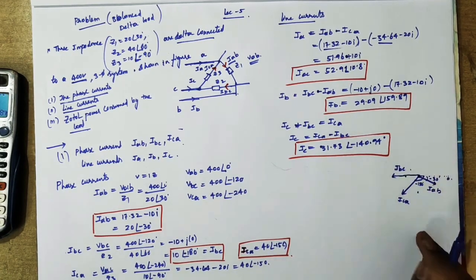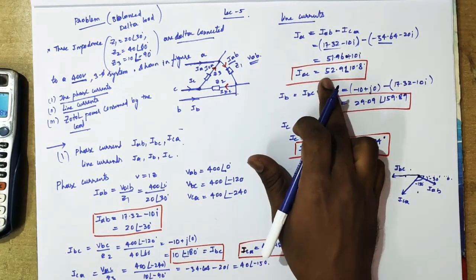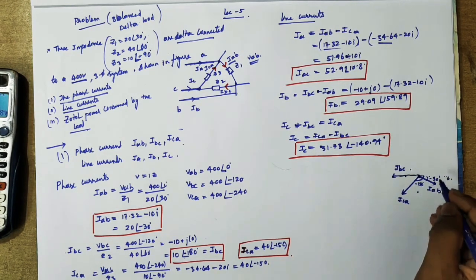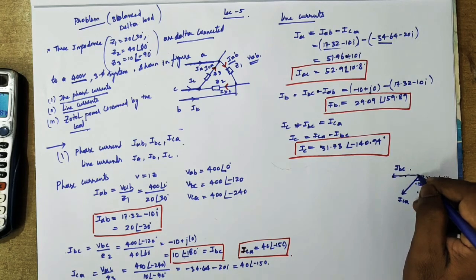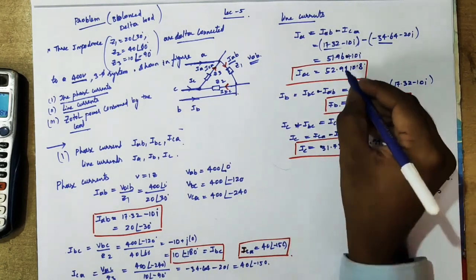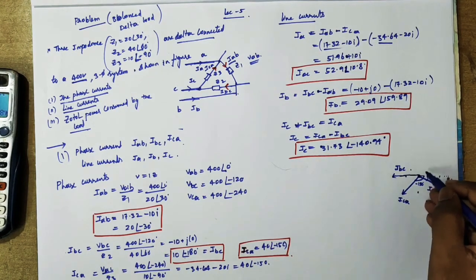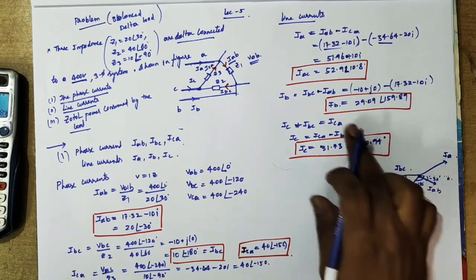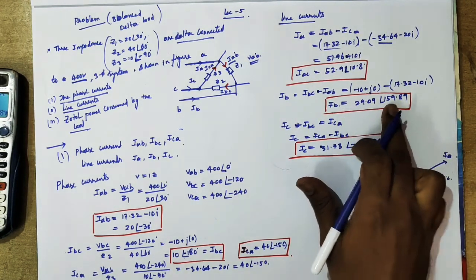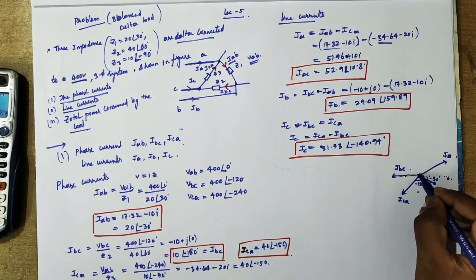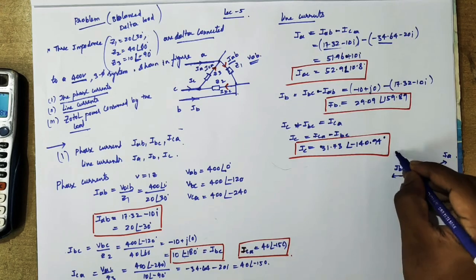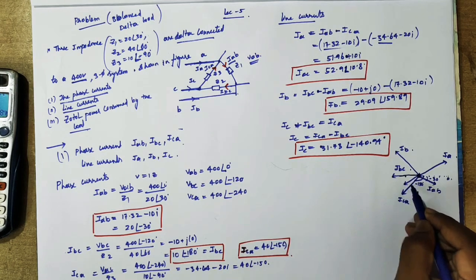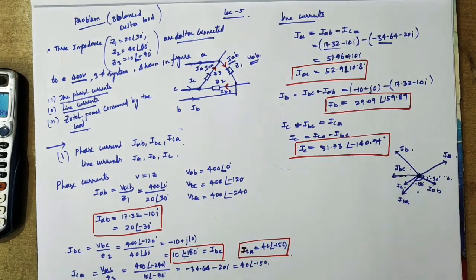Okay, this is IBC. Now the line currents. IA equals 52.91 at an angle of 10 degrees, so somewhere you will obtain it like this. This is IA. IB is 29.30 at an angle of 160 degrees. That is past 90, so you will obtain it somewhere here. This is IB. And IC is minus IC. So these are the phasor representations of line currents and phase currents.